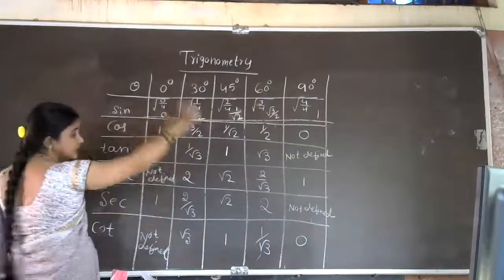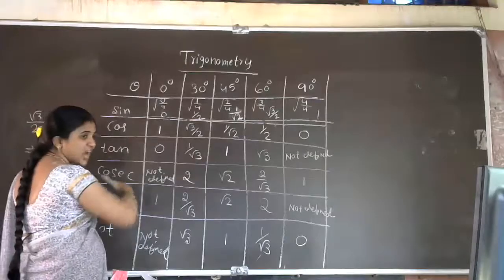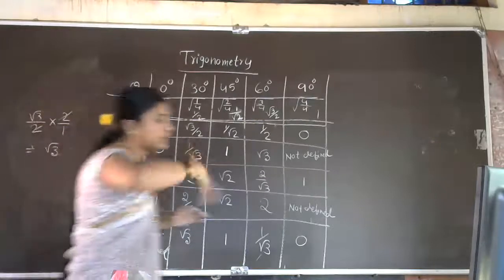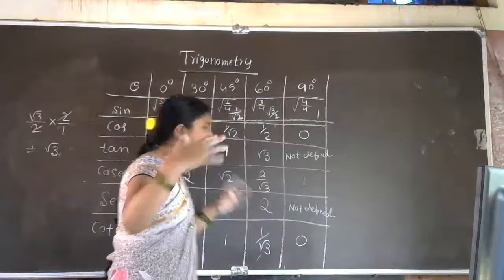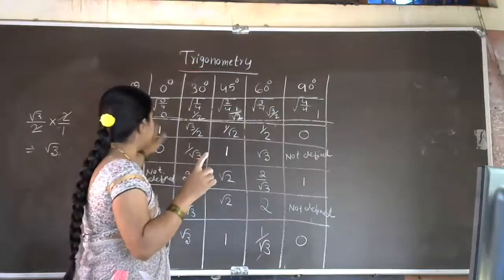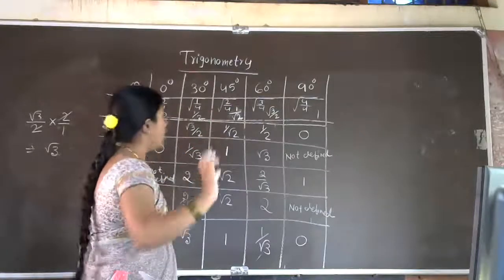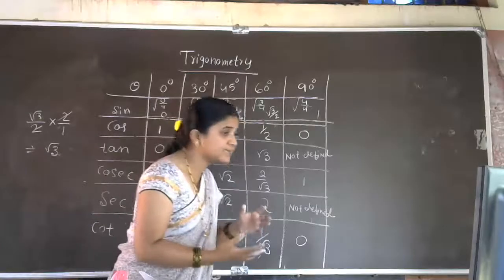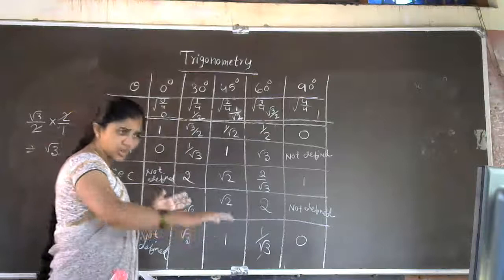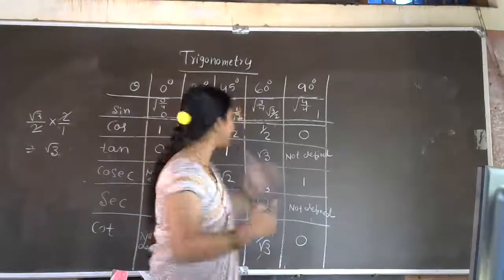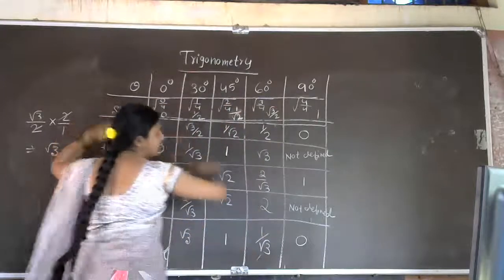From this you can easily identify. So you can prepare the chart of this one, or no need to learn this by heart. After practicing, after solving many problems, you are able to give the answer. So cos 0 is 1, cos 45 is 1 by root 2, cos 90 is 0. So you have to practice. After practice you can remember. Otherwise no need to learn it by heart. On the spot, wherever you want, just prepare the sin values. Then using those sin values you can connect all these.